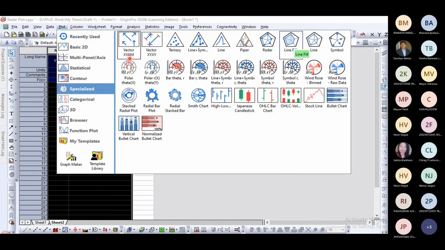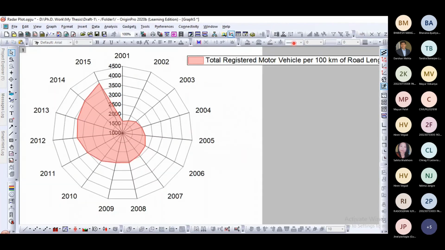So select this, select the specialized and line fill chart, right? Radar plot, but with fill. So you can see, starting from 2001 to 2015, how the registered vehicles gradually increase per 100 kilometers, that is very well represented graphically.